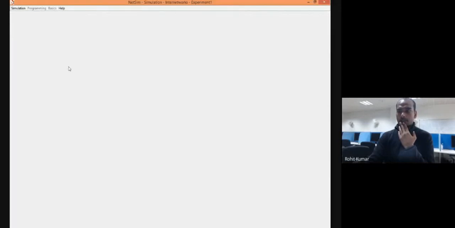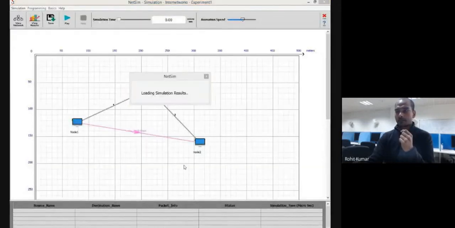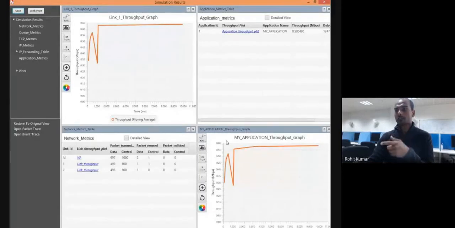So you can see here, waiting for plot. It was written there. You might have observed loading simulation results. Now see here. Earlier, these graphs were not present there. Why? Because there we didn't enable that particular option with respect to dynamic metrics. And inside those metrics option, there was an option that I want to plot the graphs. So now the plots are also available. So these plots are available here.